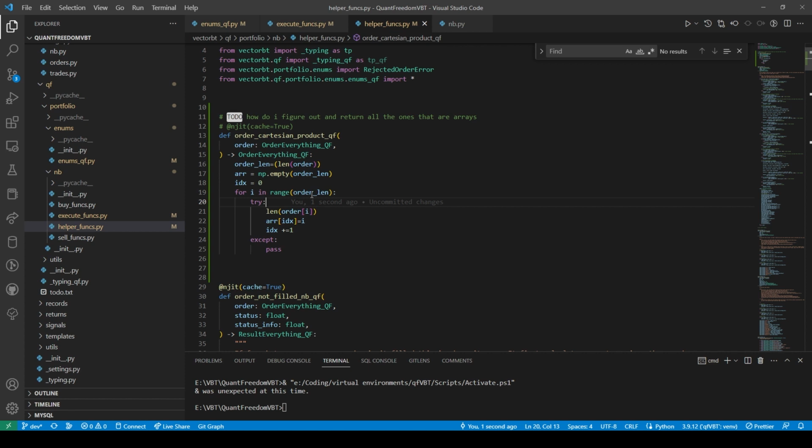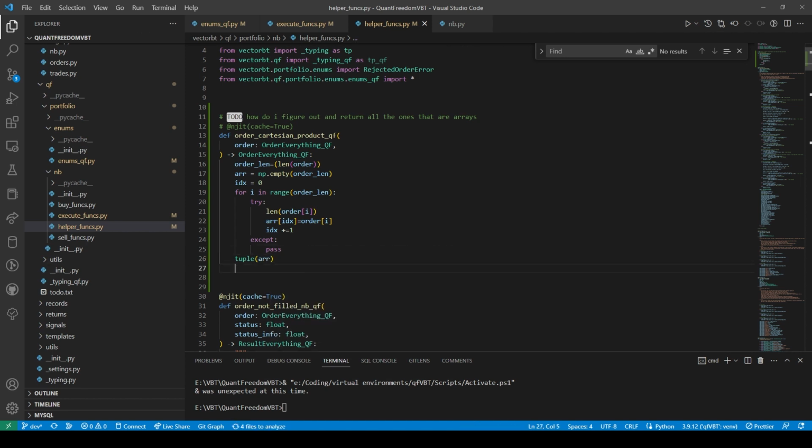Then for I in range this, we do this. What? Equals this. Then at the very end of it, we just do tuple array like this. And then after that, we do this.